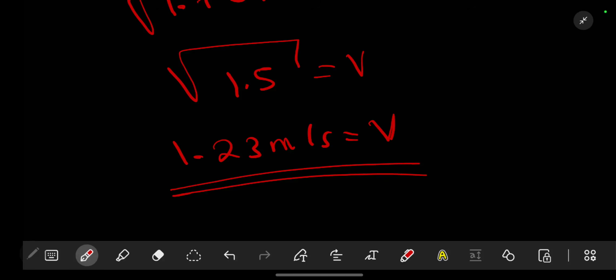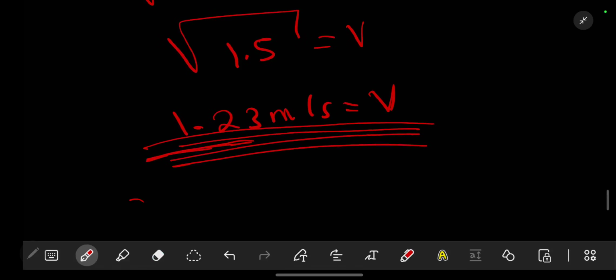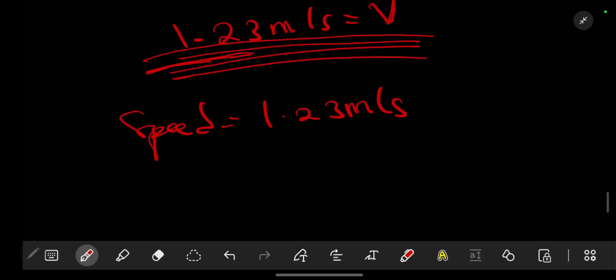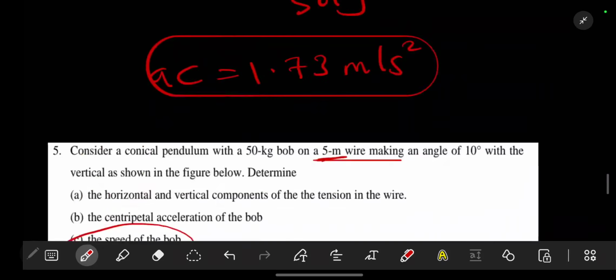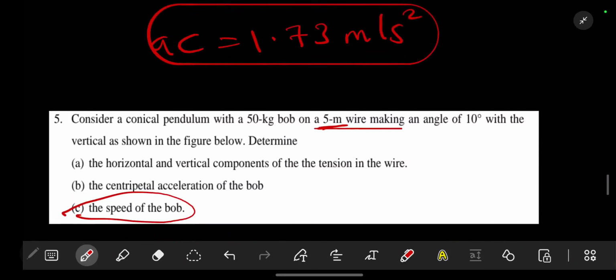So if this is our velocity, or rather the speed, the speed is equal to 1.23 meters per second. So this is the first alternative. The other alternative that can be used is